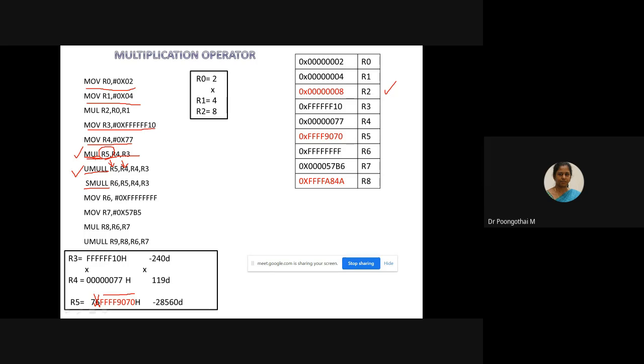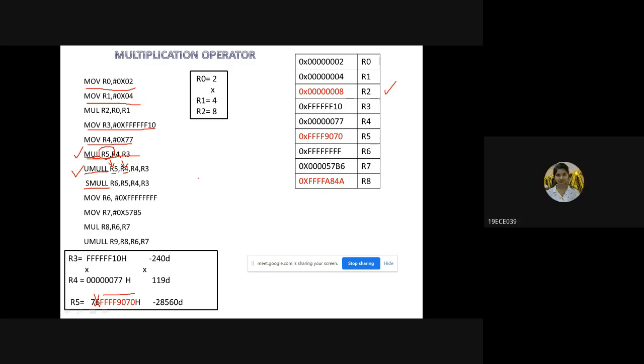Is that clear, students? Yes, ma'am. So using this UMULL instruction, we can extract this 76. After execution of the long multiply instruction, your R4 holds the upper 32-bit and R5 holds the lower 32-bit. So after execution, what will be the content of R4 and R5?